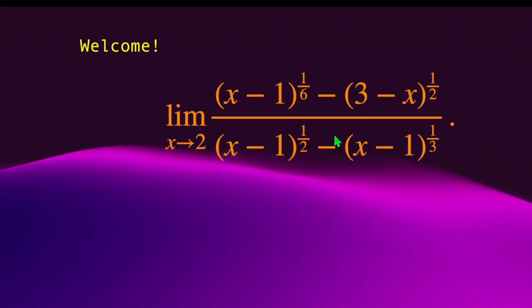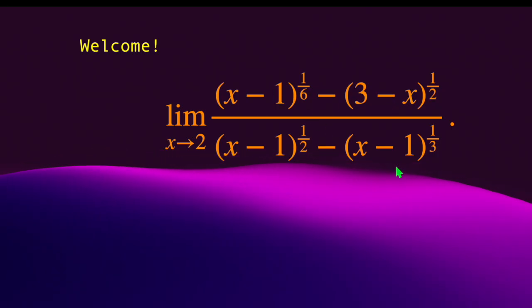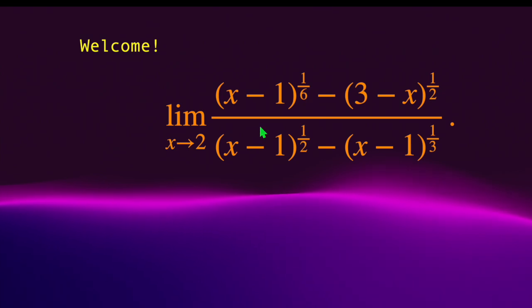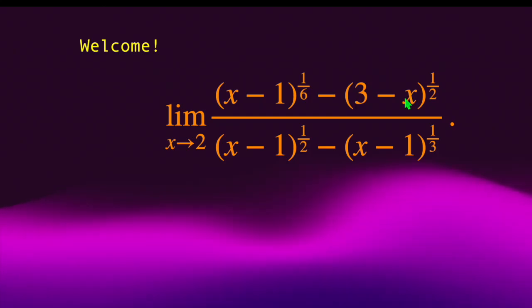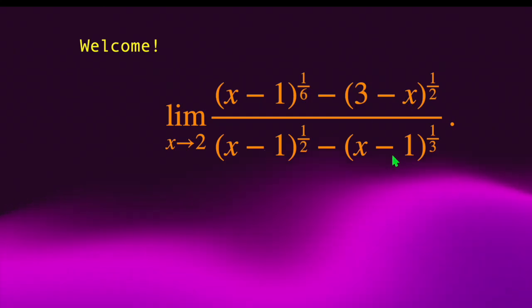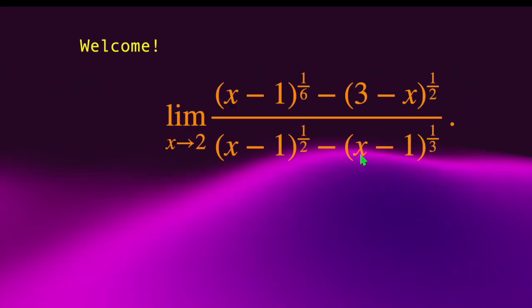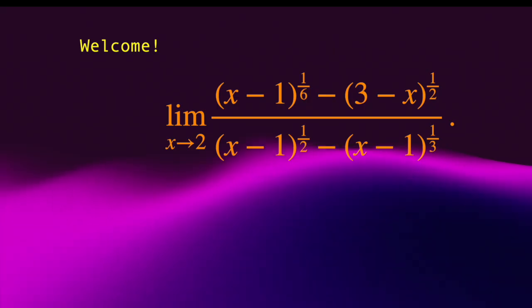In the classical case, when we have a polynomial here and a polynomial here, we can factor by x minus 2 and cancel. But here, as you see, this expression is not a polynomial, and also this expression is not homogeneous. So we need to find a way to factor this quantity and this quantity. So the first way to handle this situation without using the L'Hôpital rule is